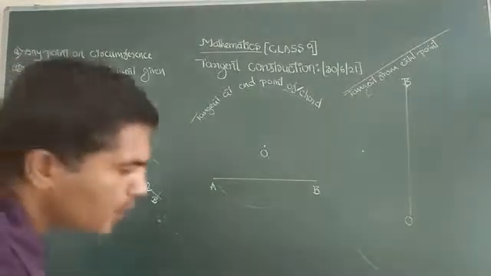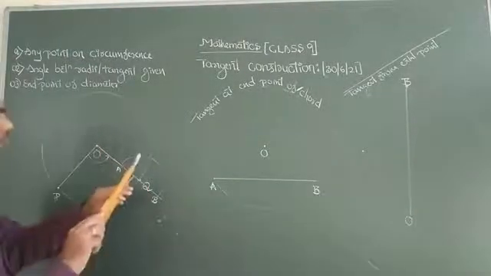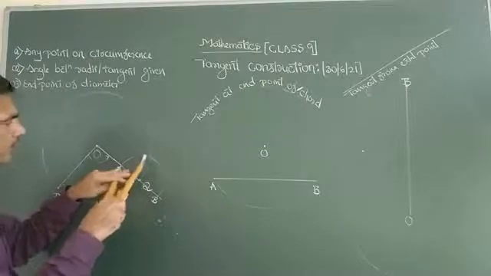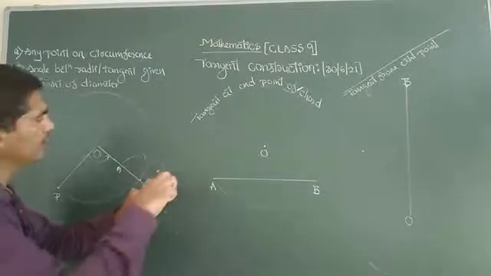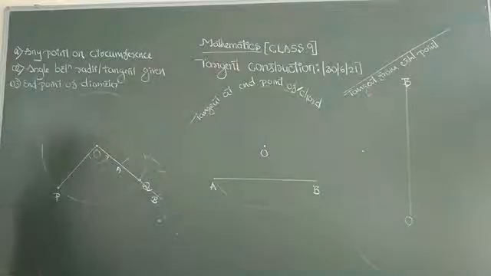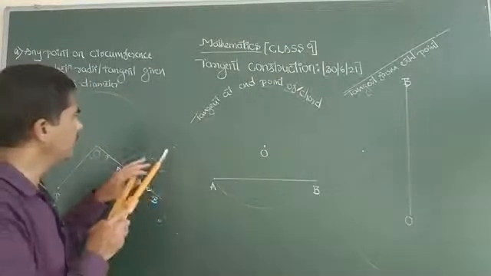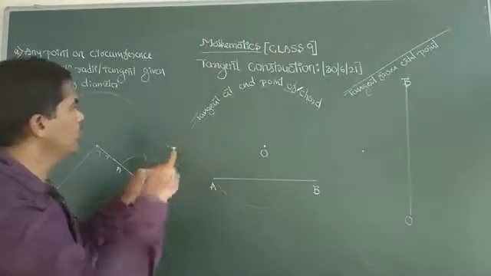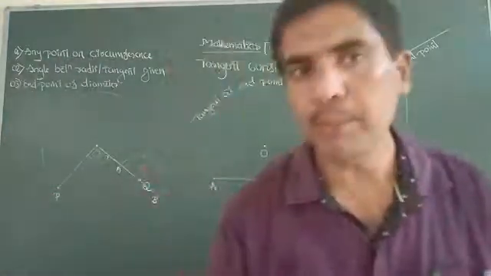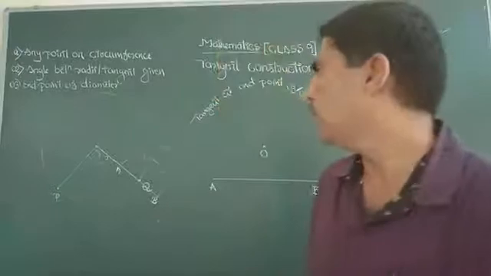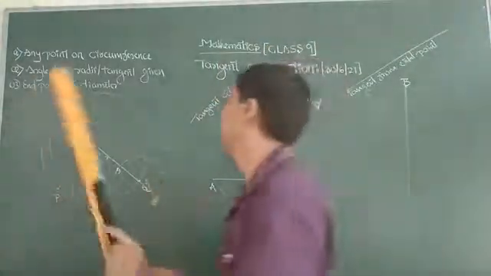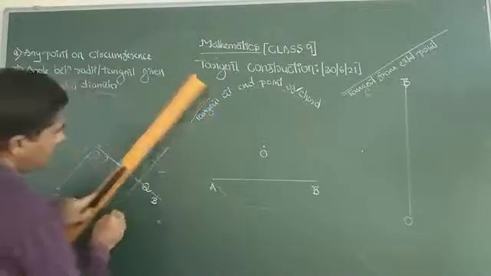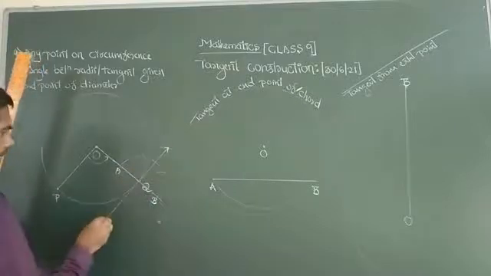So now use these two new points with the same radius. Go to point A, cut an arc. Go to point B and cut an arc. Again with the same radius, go to two new points what you have got and construct two more arcs so that those arcs meet at a particular point. Now join this new point with Q. That's what you are supposed to do for construction of a tangent from an external point.